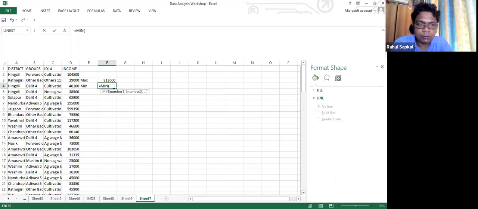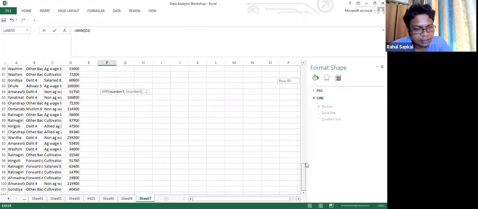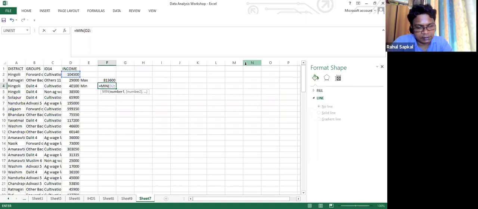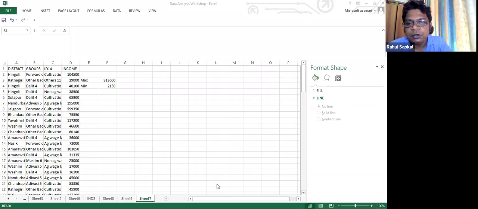So the array could be D2 to, then what is my last one, D101. Now this is my lowest income, minimum income. And I hope you remember our last class we discussed highest value minus lowest value divided by number of classes.